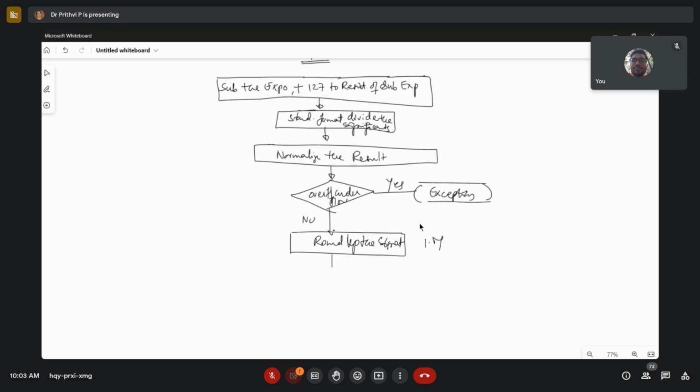Now, after rounding, is your result normalized or unnormalized? If it is false, not normalized, go back and do the normalization of the result, left shift or right shift. If it is normalized, true, then